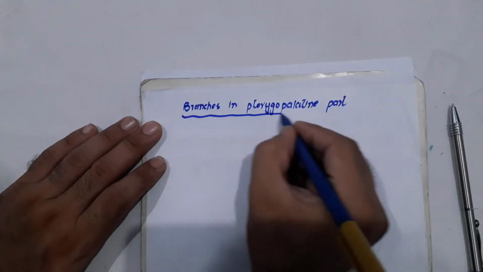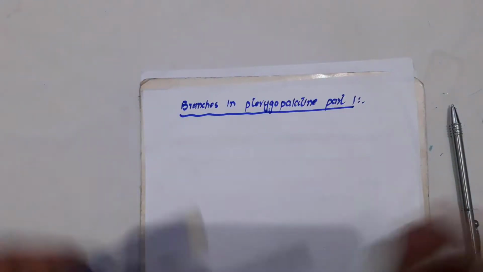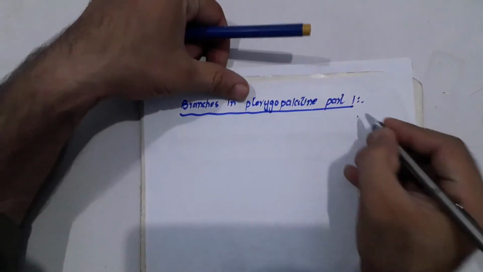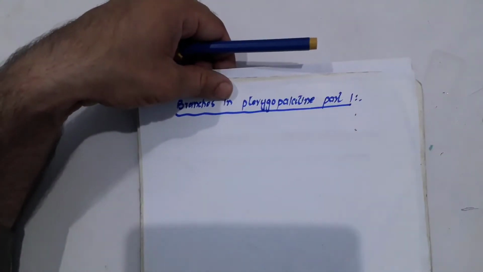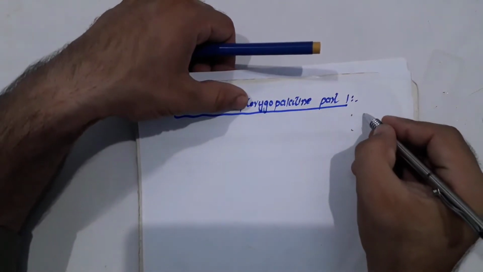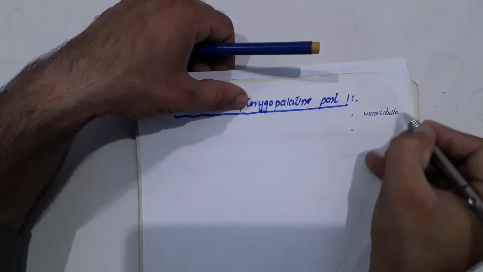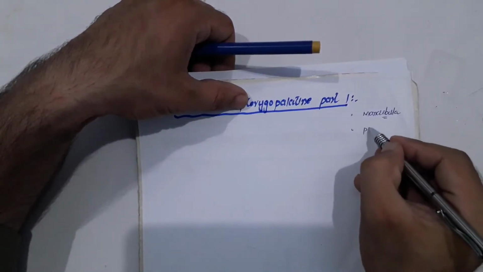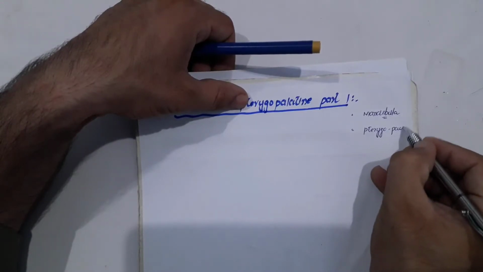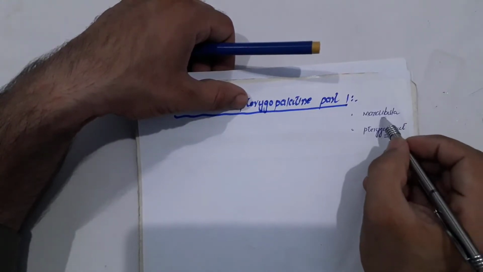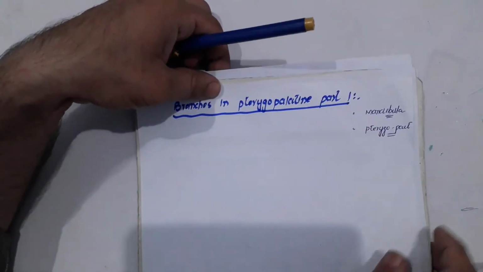Okay friends, if you haven't watched those previous lectures, go and watch those, because first you have to complete those parts, then you will understand this last part of this maxillary artery. The first was the mandibular part and the branches of maxillary artery in mandibular part. Then there was the pterygo part, right? So if you have a clear concept about these two parts, then you can easily understand the branches in the